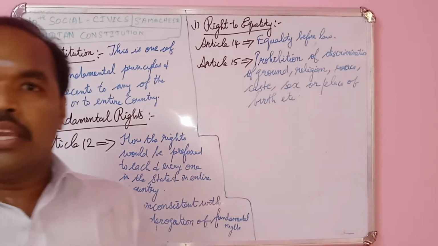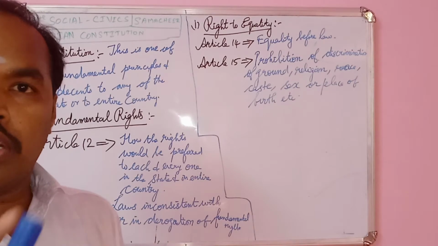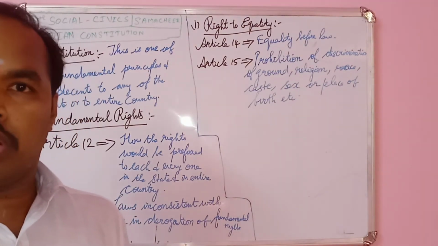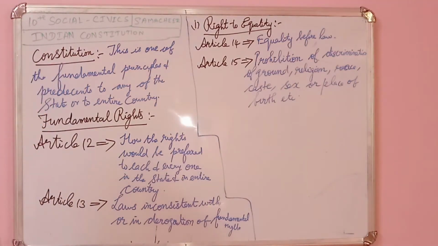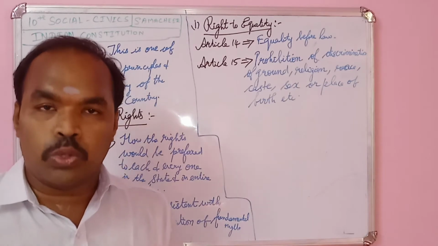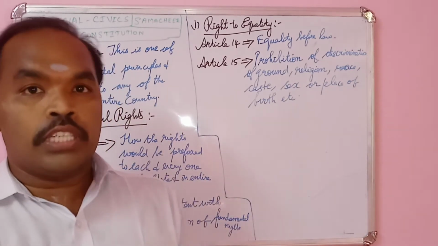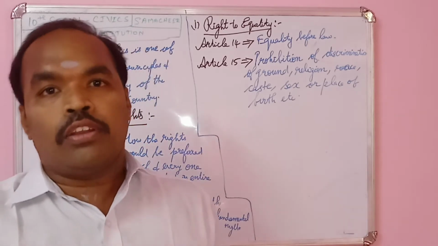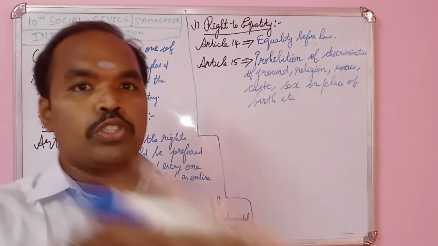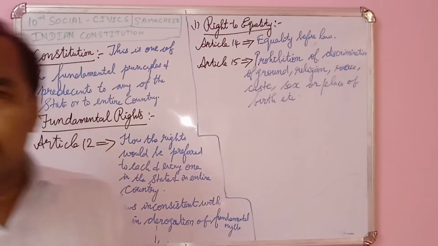It means, for example, in the temples, we should not say only this type of caste people are allowed. We should not put rules like that. Whoever may be, even from a different caste. Hindu people can go to church, Christian people can go to Hindu temples, Hindu people can go to Muslim places or anywhere else, and Muslim people can also visit Hindu temples. So there is no prohibition.